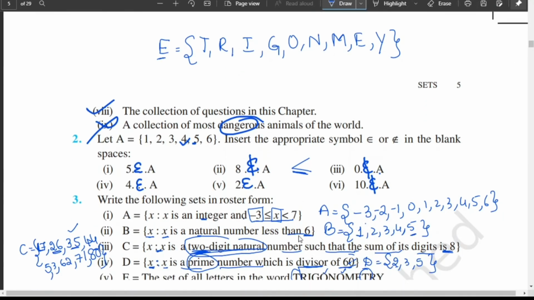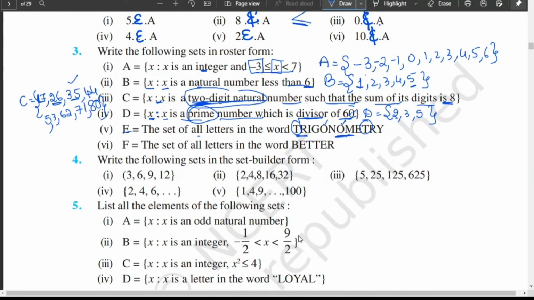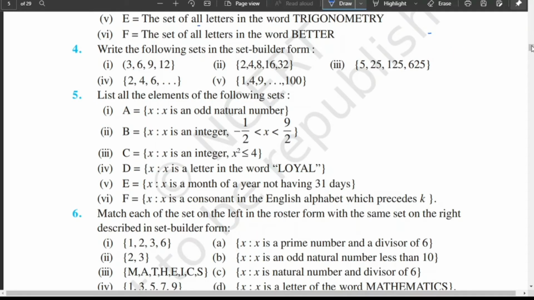What you have to note here is, if a letter is repeated twice, you take it a single time. Then, for the next one, you can do it. F equal to, write B, I will write B, write E, T one time, E already written, then R. That's your set. So hope you got it with these two, that in a word, if the letters are repeated, do write them one time. Next one, fourth question.